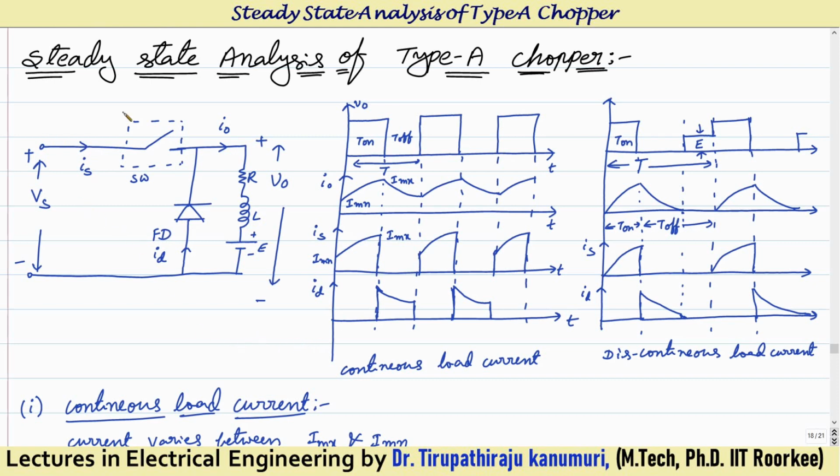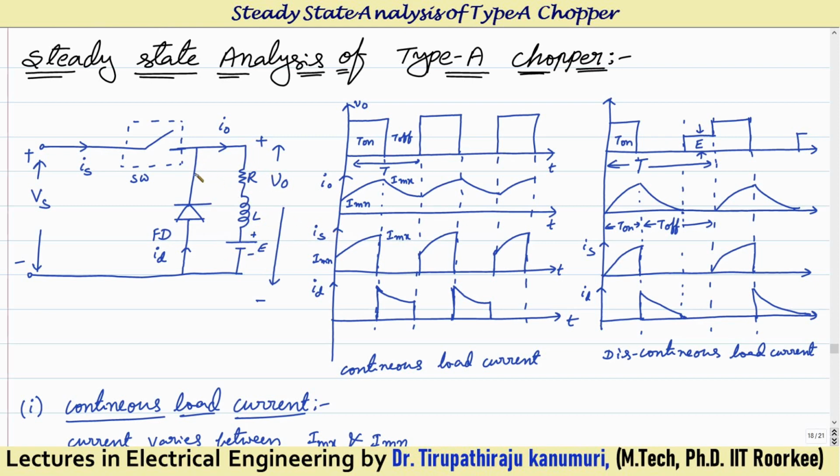So for the case of type A chopper, we know the circuit is like this because we have already discussed in the last class what a type A chopper is. So this is my supply voltage. The supply voltage is directly connected through a switch, in series with the switch, to the load. Let us take for example that my load is an RLE load. It may or may not be an RLE load. Let us take the case of the RLE load. In that case, we are going to see what will happen.